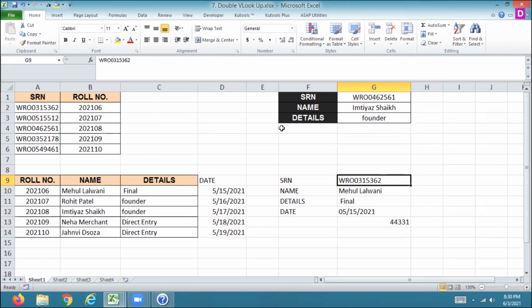If I change this value here, it will be 518, I think, 2021, Neha Merchant. So it's a direct entry value. So it will be used directly to find the value. So now